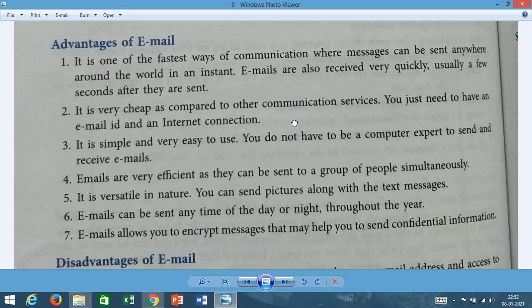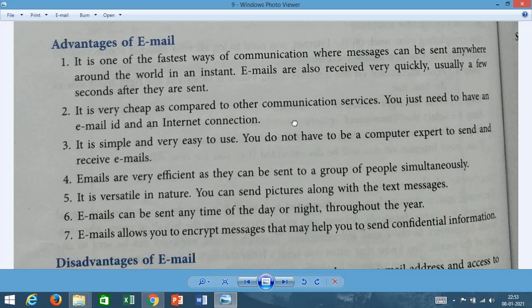Email can be sent at any time of the day or night throughout the year. Irrespective of the time, any time you can send the email, at midnight, in the early morning, at any time. Email allows you to encrypt messages that may help you to send confidential information.